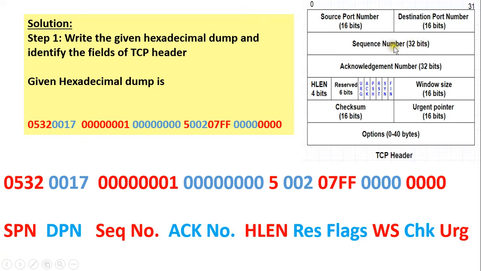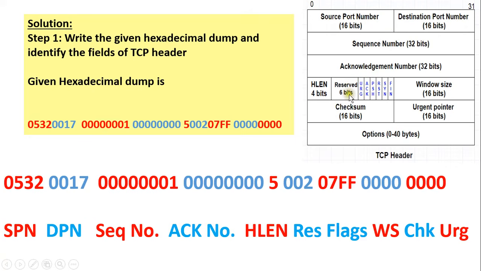It always mentions the initial sequence number, that is the first byte number which is carried in the TCP segment. Acknowledgements are cumulative in TCP. Here if the acknowledgement number is say 501, it means that the receiver has correctly received the previous 500 bytes and now it expects to receive from byte number 501. The header length is 4 bits. It specifies the length of the header in multiples of 4 bytes because each row in the TCP header occupies 4 bytes. 32 bits means 4 bytes.